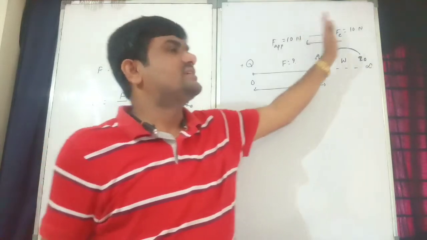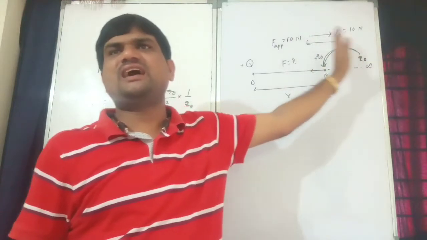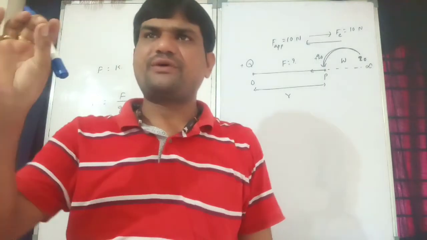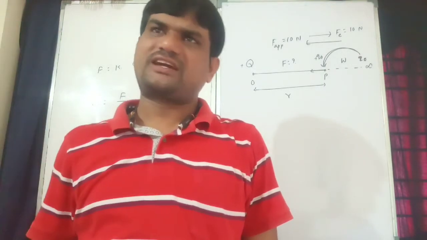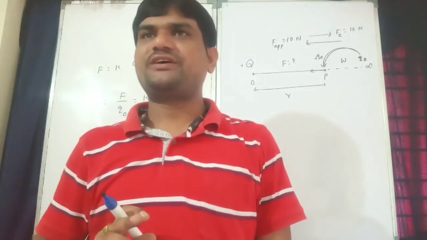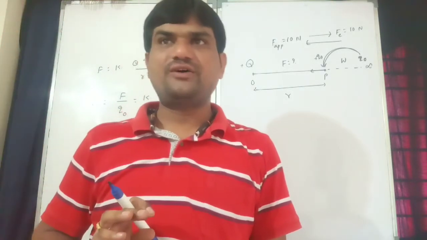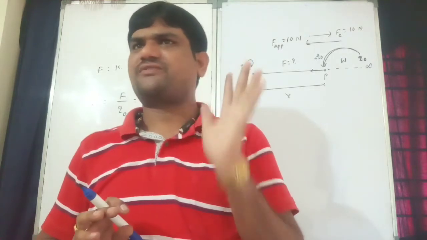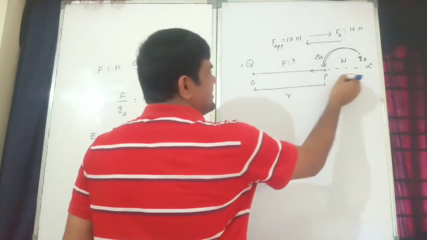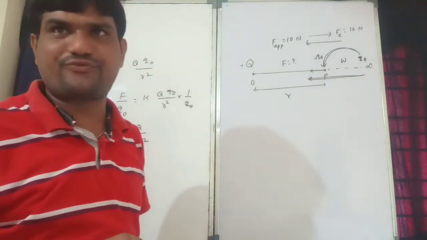That is the electric force, this is the applied force, both equal and opposite. Therefore, net force is equal to 0. If F net is 0, then acceleration is 0, since F is equal to m into a. So the most important point here: the body moves without acceleration. Remember this point, always very, very important. Without acceleration, the body moves in this direction, my force acting against the electric field.